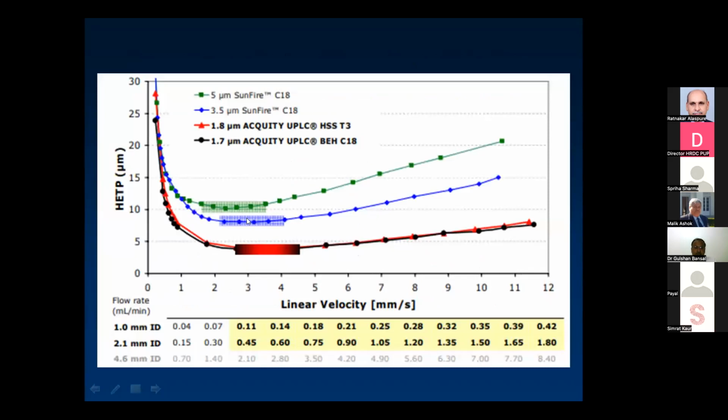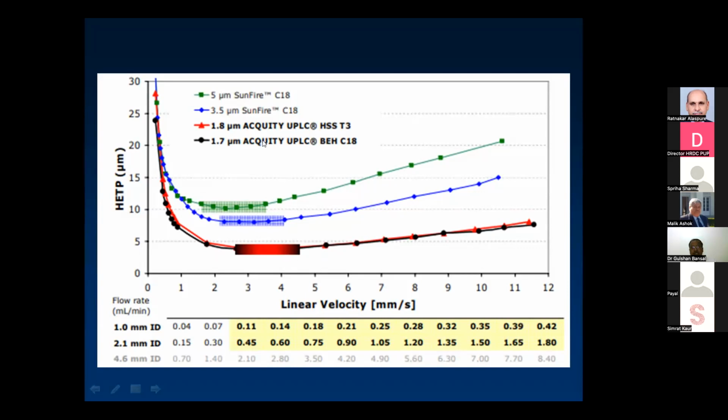Here again is a relationship between the height equivalent to a theoretical plate, or the width of the plate, and the mobile phase flow rate. As the particle size is decreased from 5 to 3.5 to 1.7 or 1.8, the height, or the width of the plate, is decreasing. It means the number of plates is increasing. This part is highlighted because it shows,